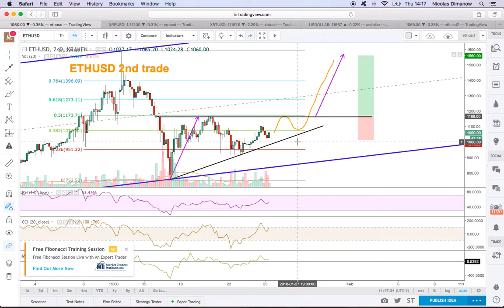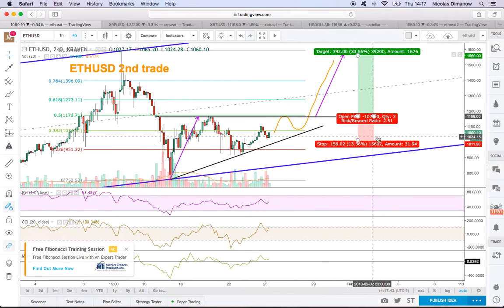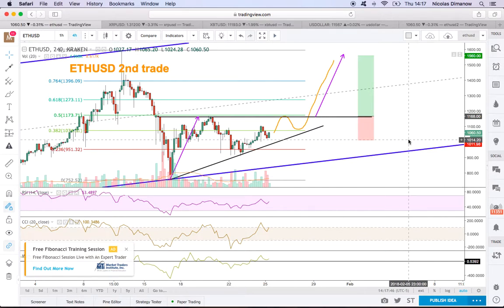More than 2 is always recommended, right? At least the minimum is 2. The best you want to have is 3. 2.5 is reasonable. Made some good trades with 2.5 return. So a stop placed around 10, 12 below this support here,